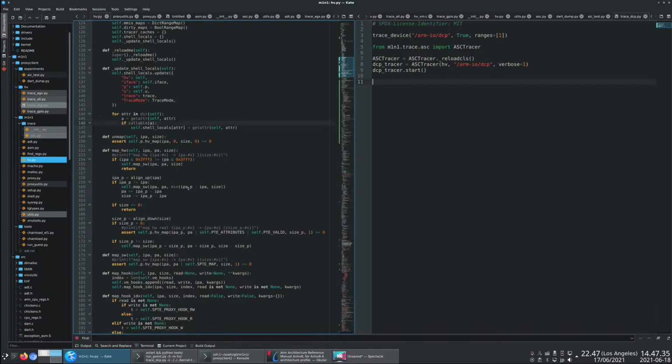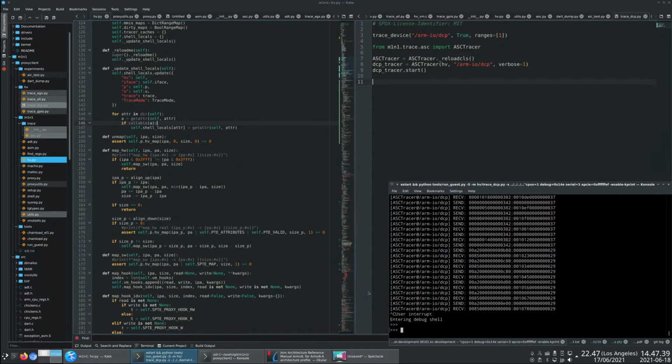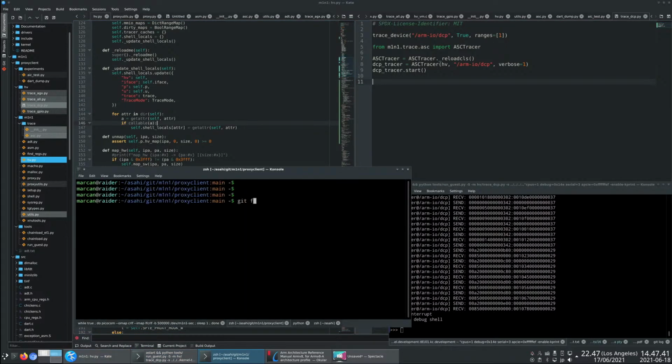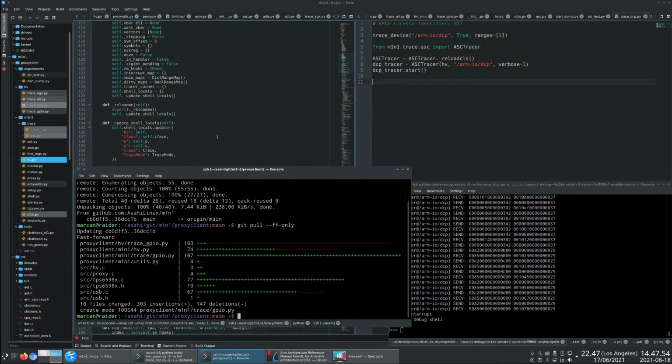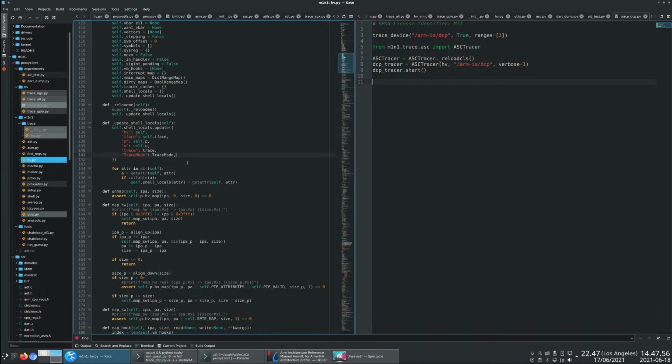So mostly picking up where I left off yesterday, but first, Jano just sent me some PRs that I merged, so let's take care of that. And